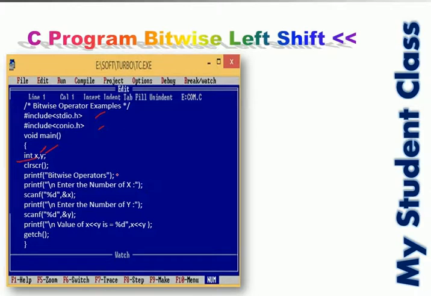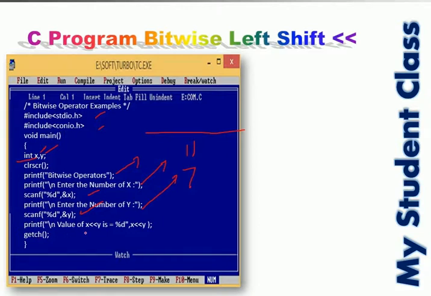We have printed a message about the bitwise operator, and we ask the user to enter the values of x and y through scanf. The user types 11, and we get the value for y, 7, the same way through scanf. So our x value is 11 and our y value is 7. You can give anything; we have taken 11 and 7.